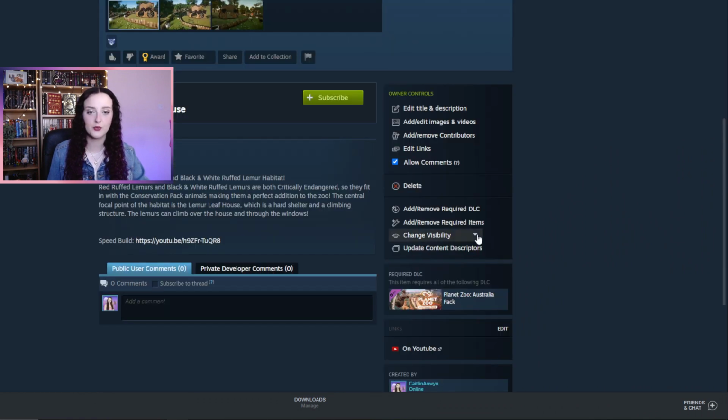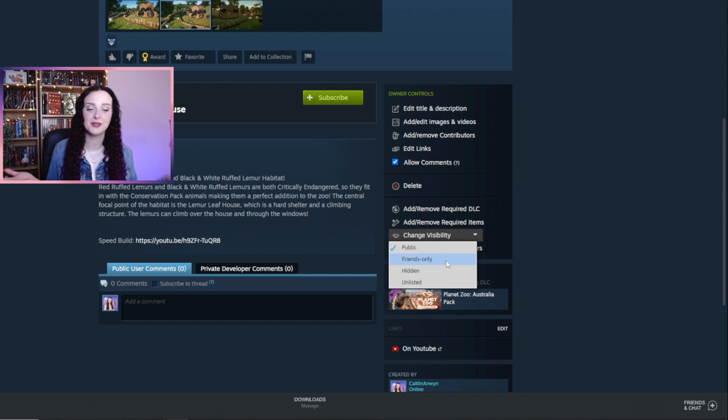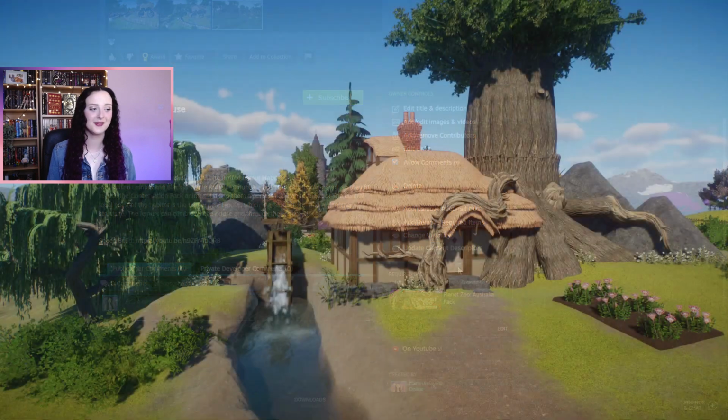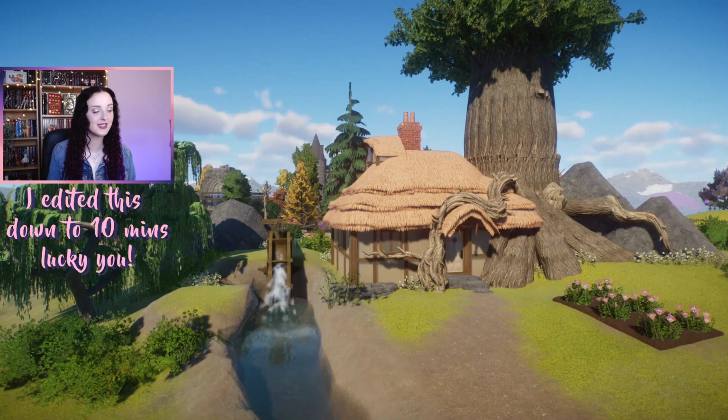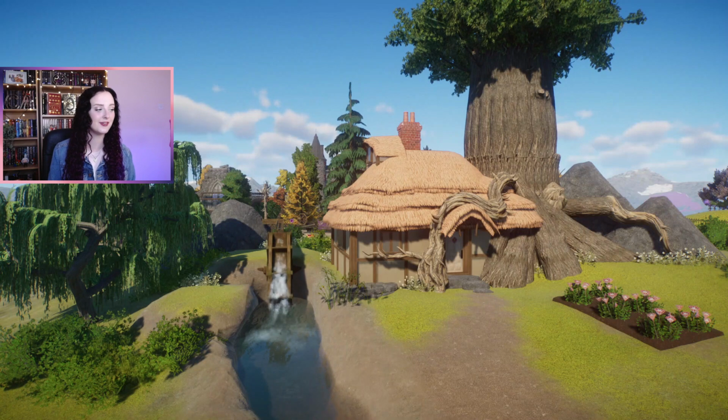Once you're happy with the overall blueprint, you can change the visibility to public to publish it onto the Steam Workshop and allow other people to download your wonderful zoo. That was everything about blueprints. Oh my goodness, I talked for 30 minutes all about blueprints, but hopefully